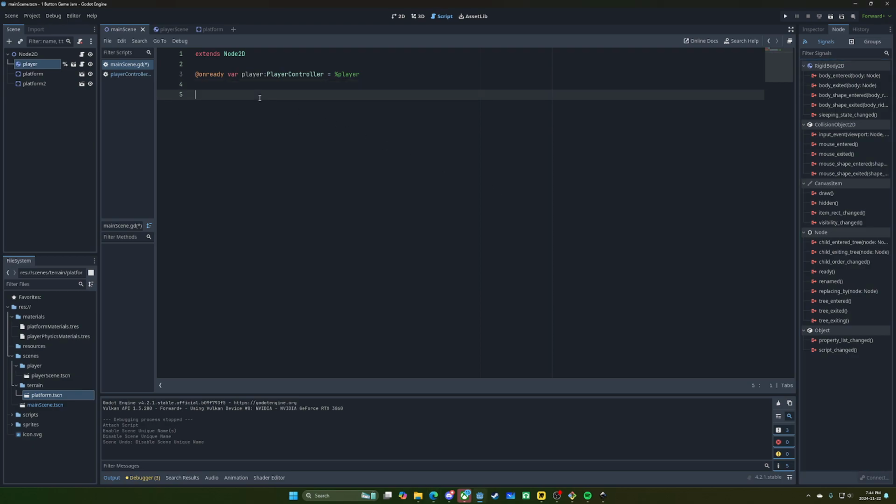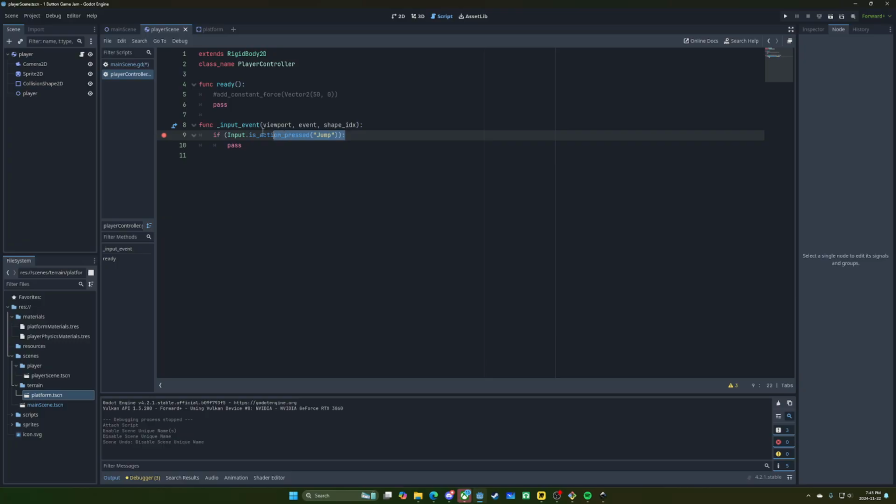Actually, no, that is going to be feasible on the node. So what I was trying to do here specifically